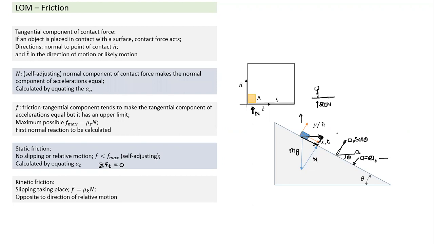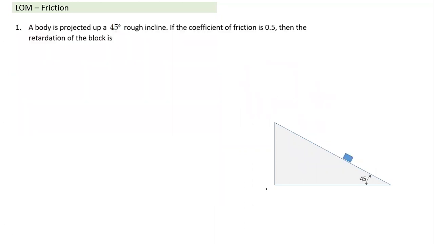So any rightward acceleration or upward acceleration of the block increases the value of normal reaction and will adjust itself in such a way that the N component of acceleration of the surface and the N component of acceleration of the block are equal. And I hope this point is understood, and some of you are asking, so this point is very clear.